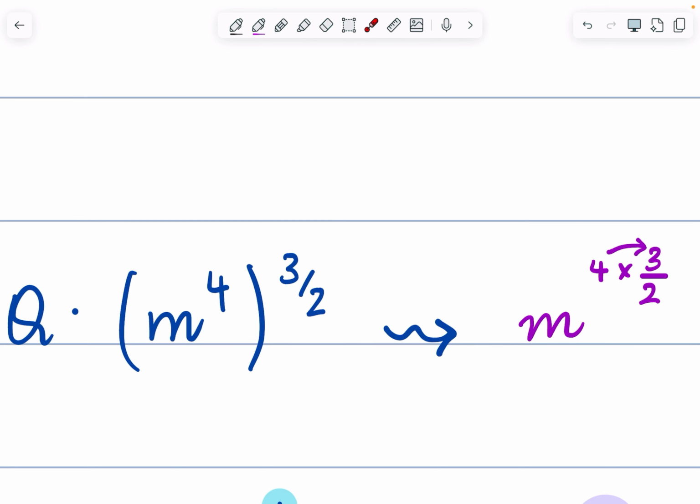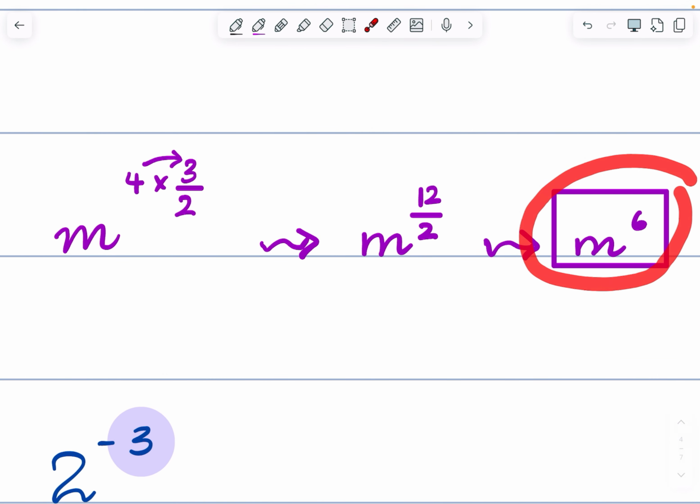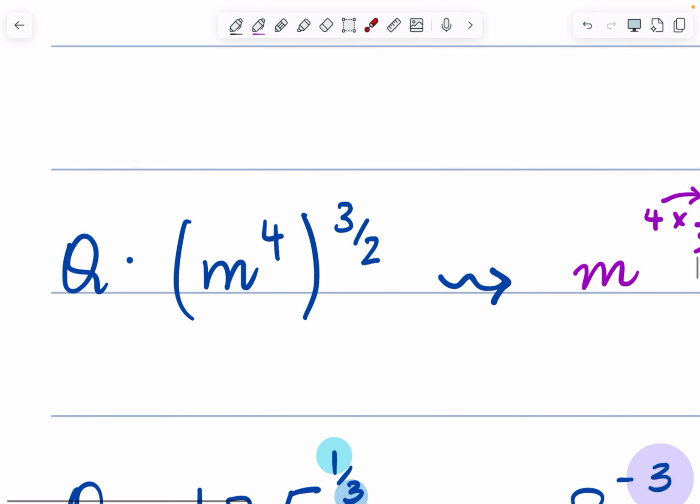So all you do is it's whole powered, right? So you'll just simply multiply 4 times 3 over 2 and just solve. So 4 times 3 over 2 is 12 over 2, and the final answer would be m to the power 6. Simple. It's because it's a power on top of power wala case na. So powers multiply. So you'll just simply multiply the powers and simplify them. Clear?